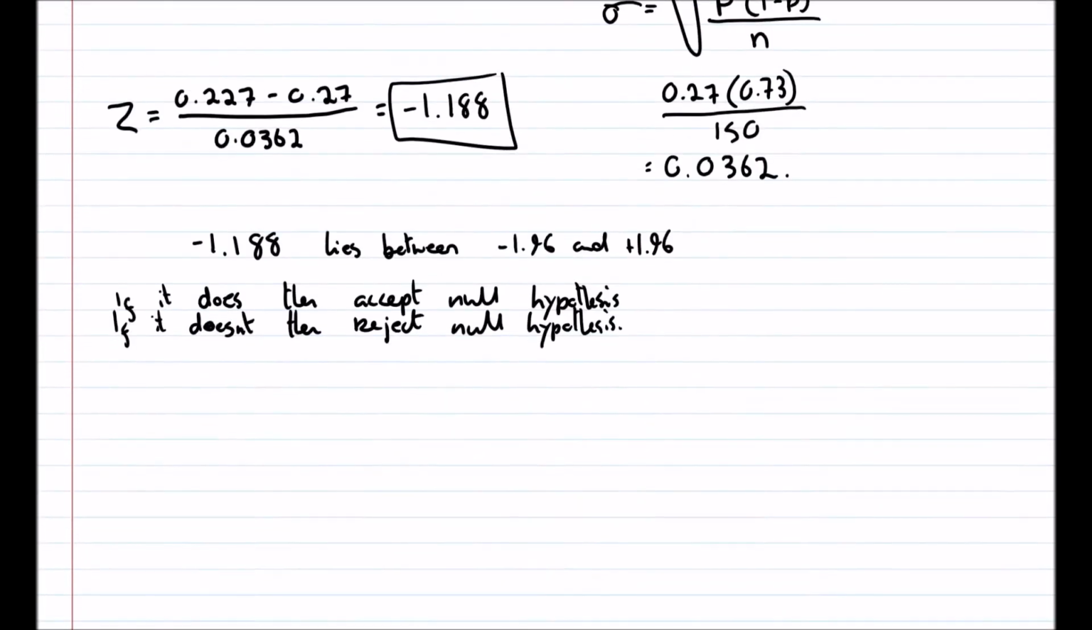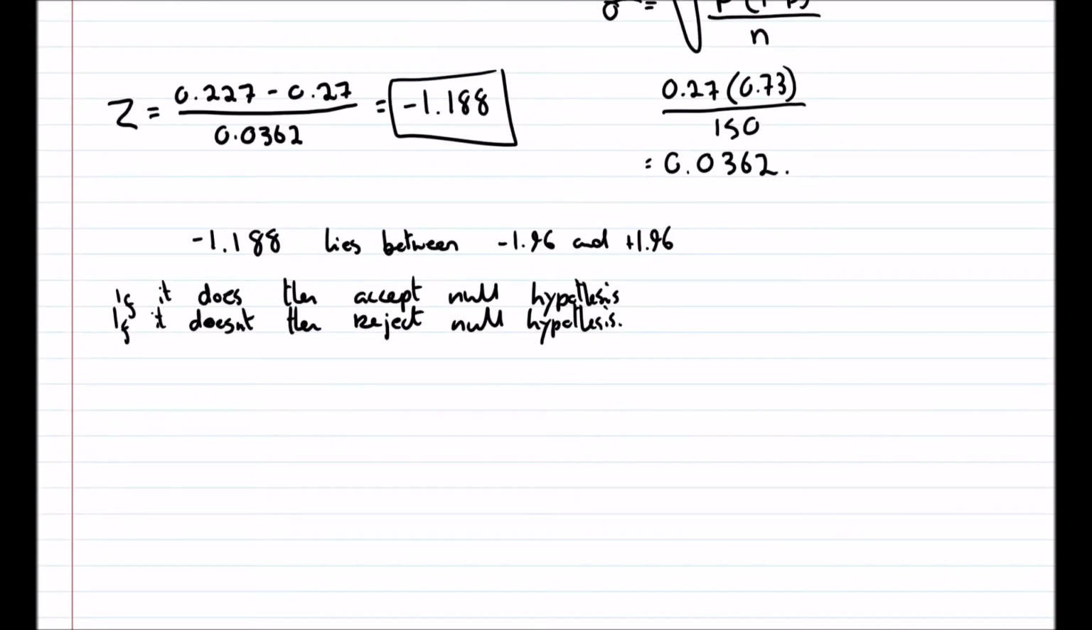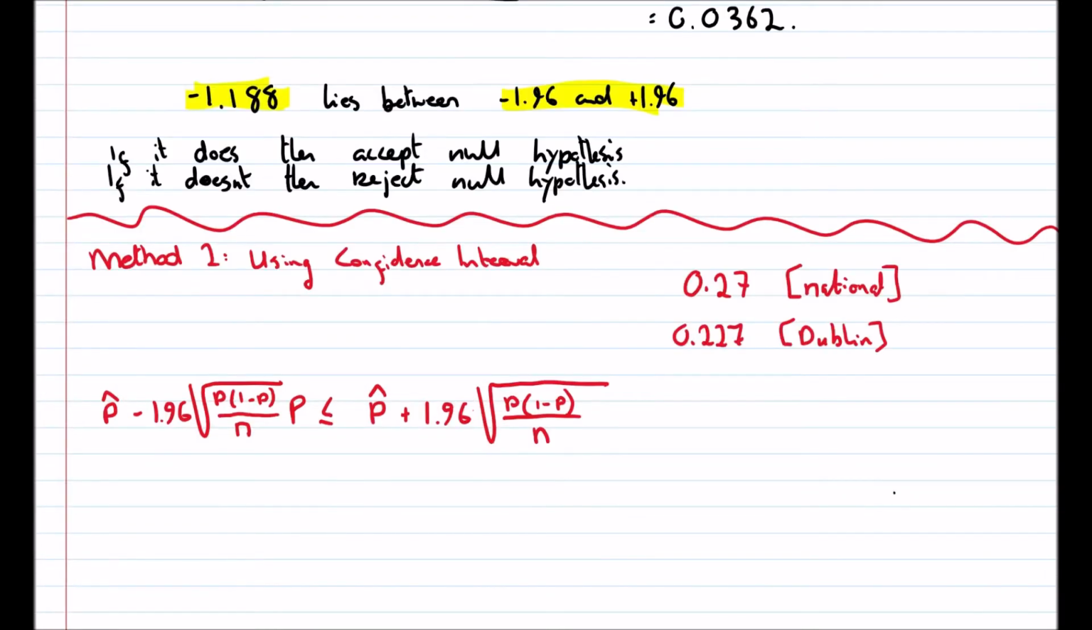Alright, so do I accept or do I reject? Well, this 1.188, sorry, minus 1.188 lies between these. So if it lies between, I say therefore accept the null hypothesis. What that means is the kids in Dublin didn't perform any different to the kids nationwide. Okay, thanks for that. Next I'm going to show you a second method for getting the hypothesis test